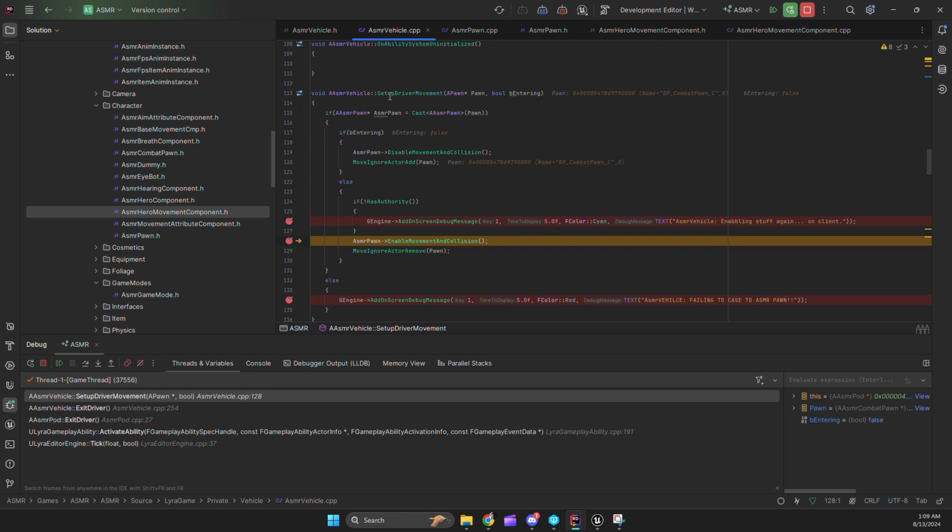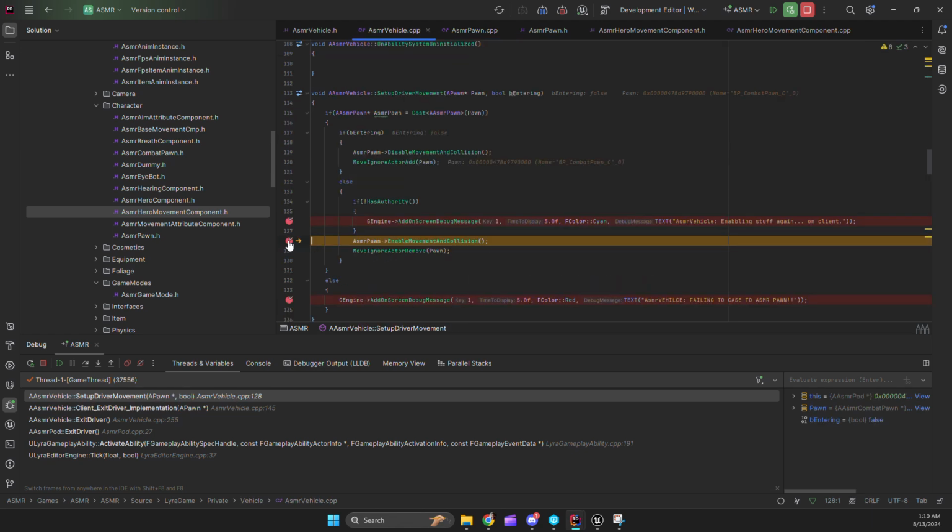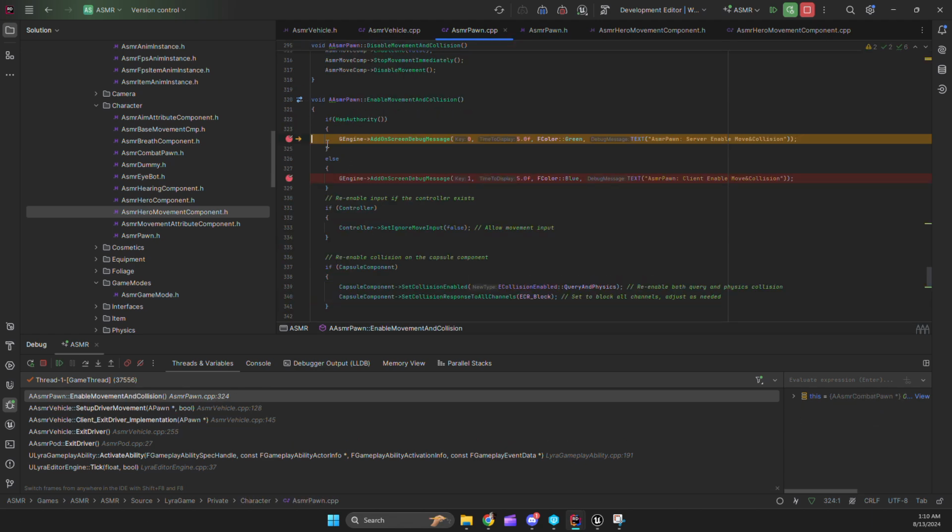We'll see right here, we have this function saying, hey, run. I have a breakpoint here saying, hey, has the client ever run? But it's going to disable that. So once it activates on the server, it's going to do it again. Let's remove that, and it again runs it twice on the server. So this is a really good example